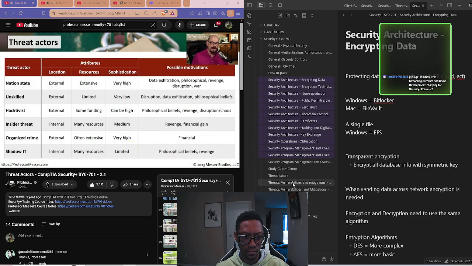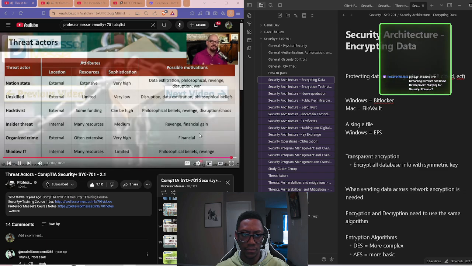And of course, all of these threat actors have their own motivations for performing these attacks. If you are a nation state, you may have a specific goal to disrupt or create problems for a different government. Or if you're an insider threat, you're out for revenge or some type of financial gain. If we understand the motivation, we can then adjust our security to best prevent this type of attacker from gaining access to our